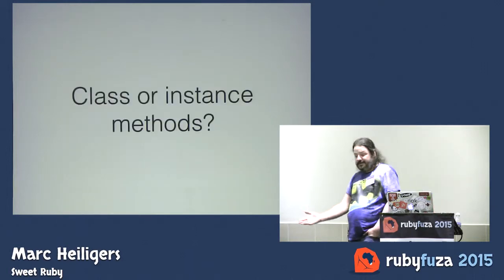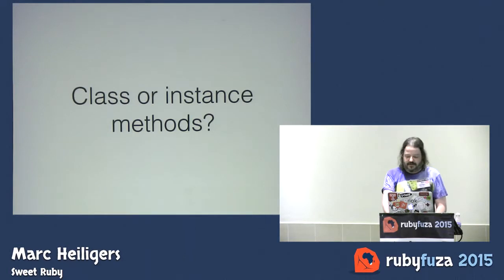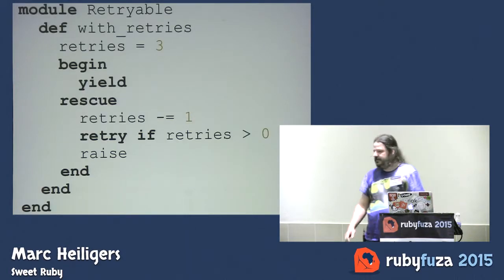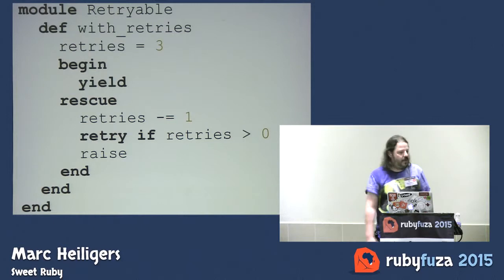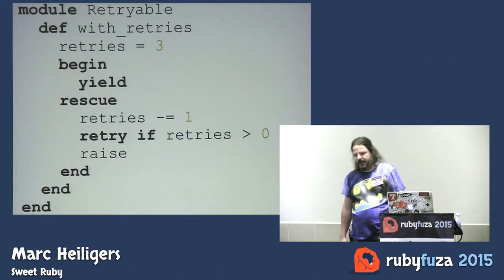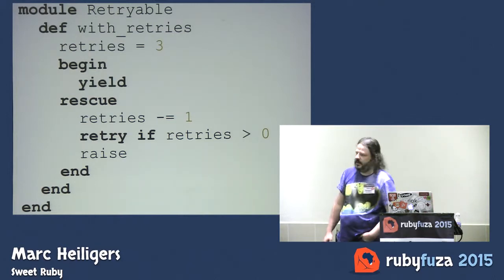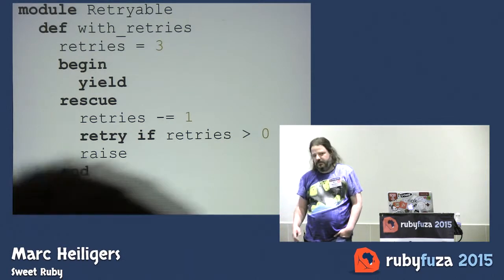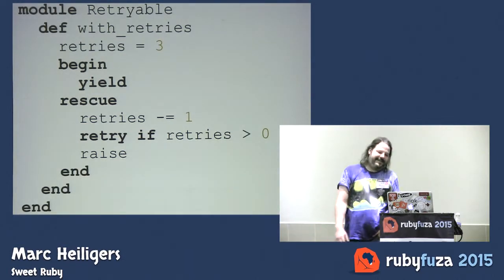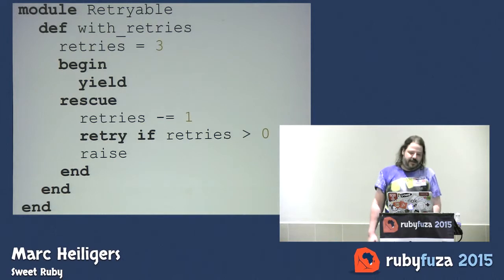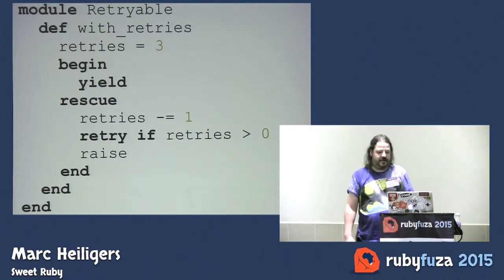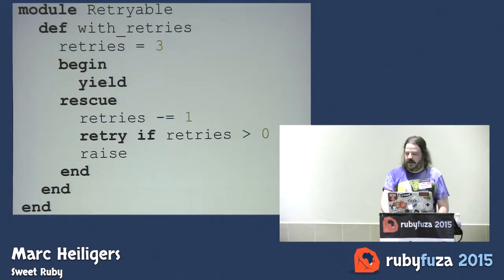You might want to do both class or instance methods, and that's really where we have modules. So this is quite a useful little module, Retriable. We know the internet breaks all the time, and the fix is to try again. So really, with this module, it just wraps a nice little retries method and tries everything 3 times before raising the